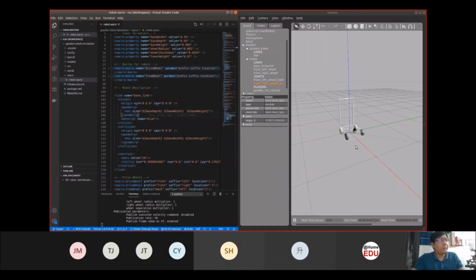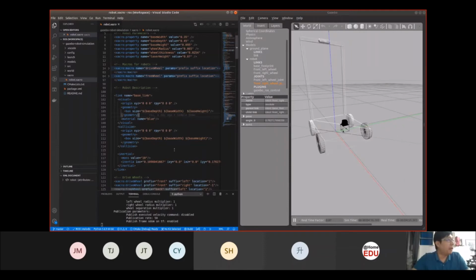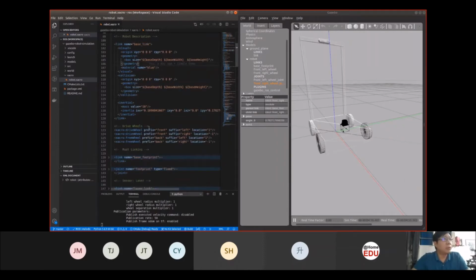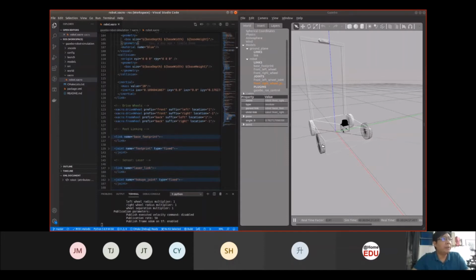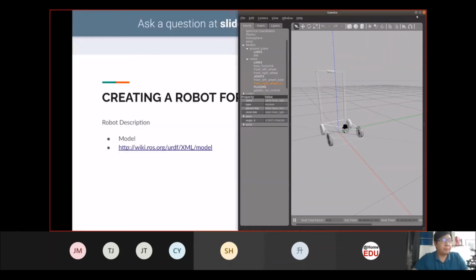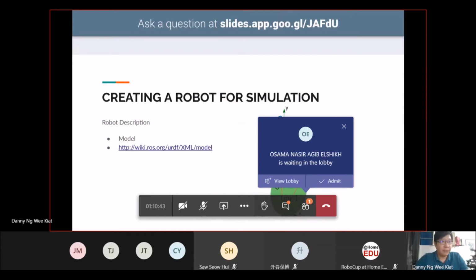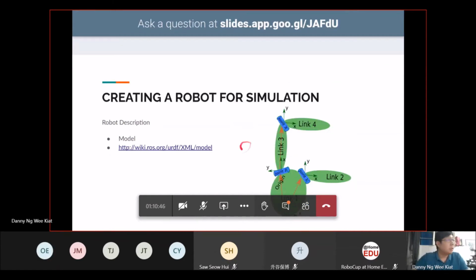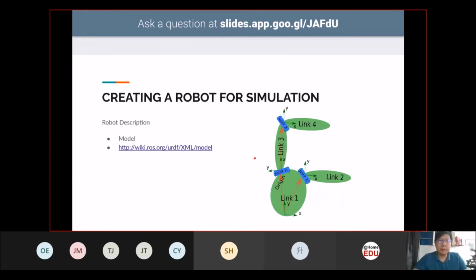Once you have designed this size itself, you can attach the different parts of the robot. So once you have a base link, you can put your wheels in, you can put your sensors in, over here. Now, when you are working with the robot itself, there are quite a number of parameters, shapes and sizes that you want to put in.